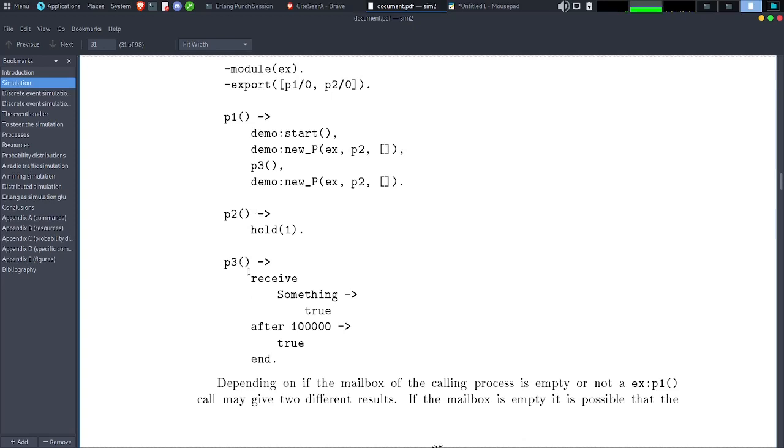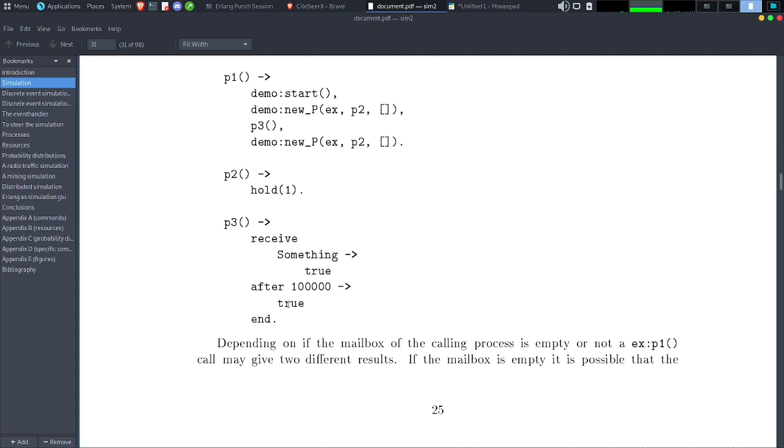P2 is all the one, P3 is receive something true, and after 100 seconds, we return true. Okay, so that's the timeout feature, depending on if the mailbox of the process is empty or not.